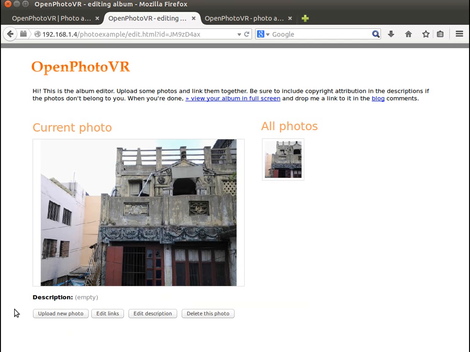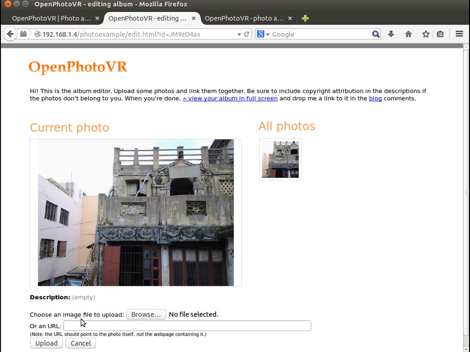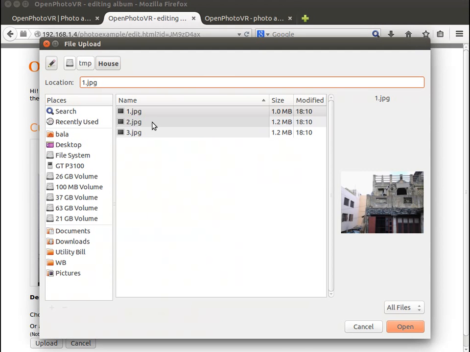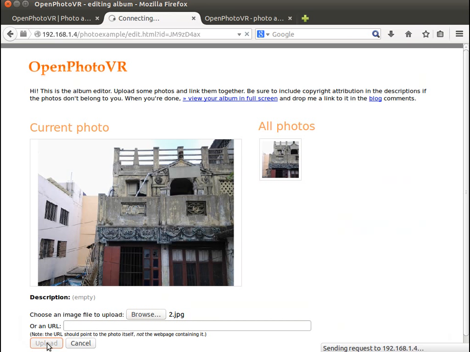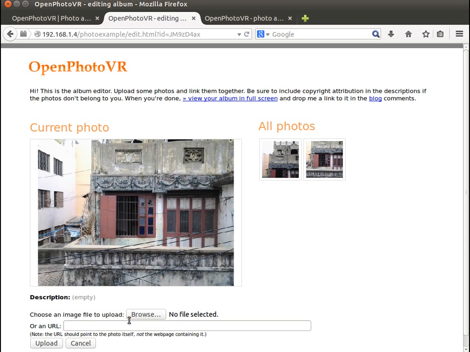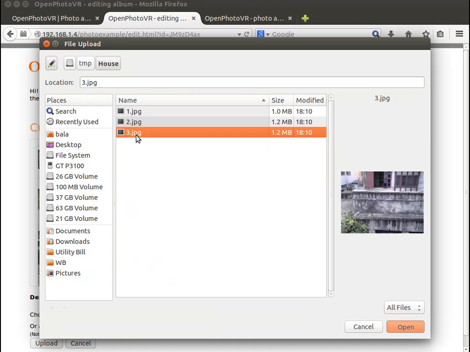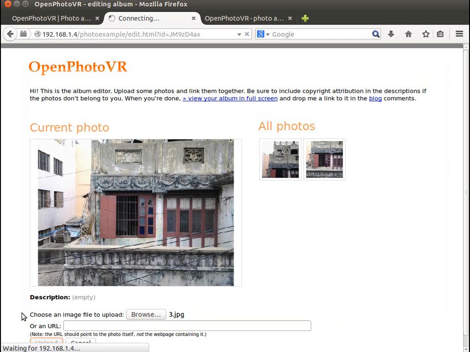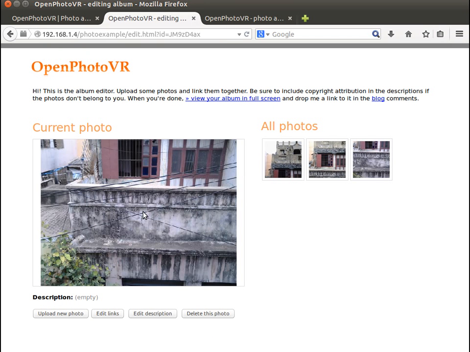So the first photo got uploaded. Upload a new photo, browse for the second photo and click upload. Now upload a new photo, browse for the third photo and click on upload. So once this is done, what we are going to do is click on the first